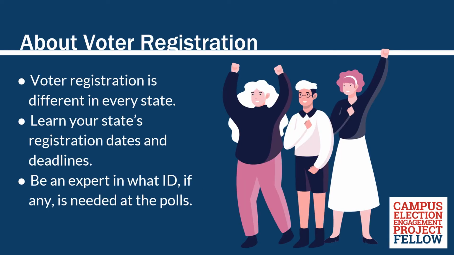Registration processes and procedures vary by state. Your state director will go through a training with you on your state's election laws and guidelines. Pay close attention to this information as it is your job to become an expert on these laws. By the end of your training, you should know the following: critical dates and deadlines for in-person registration, what your state laws are about online voter registration, what, if any, identification is needed to take with you to the polls, and if your campus identification meets the state law criteria.